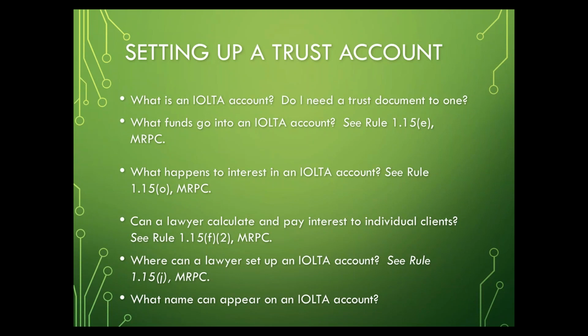So we're not putting, say your neighbor gives you $300 that he just wants you to hold on to. He's not your client. Those funds don't go into your IOLTA account. So these are funds received in connection with representation of a client. Most IOLTA accounts are going to be what's called a pooled IOLTA account, and that means that you're holding funds on behalf of multiple clients in one IOLTA account. And the cumulative interest on that account is calculated on the pooled balance of all of the client funds that